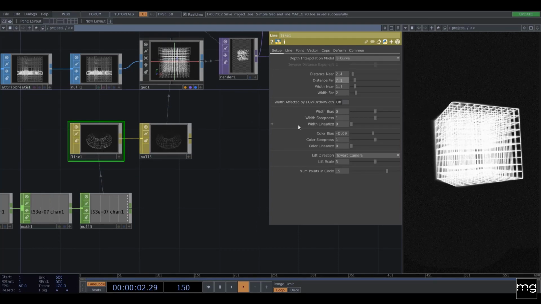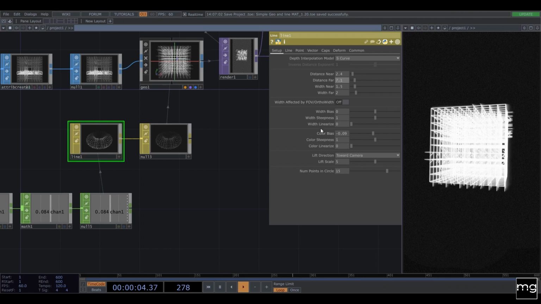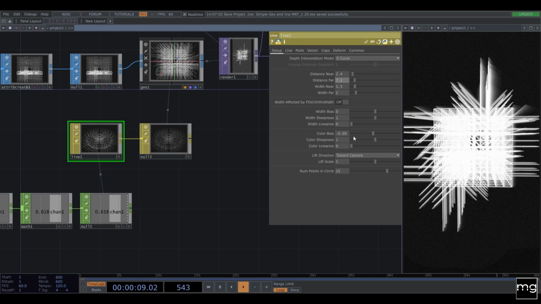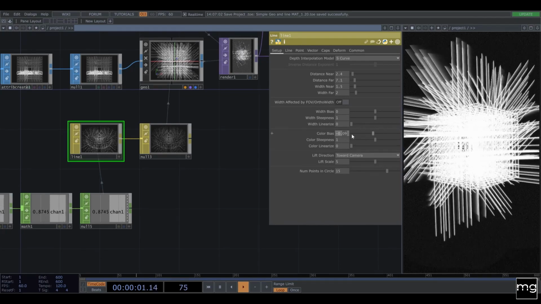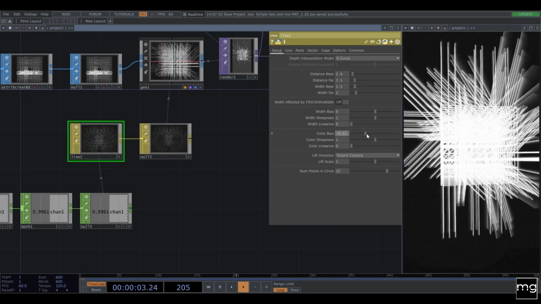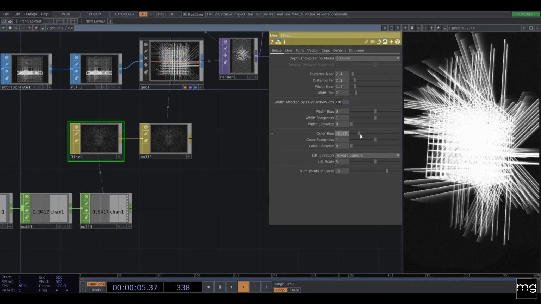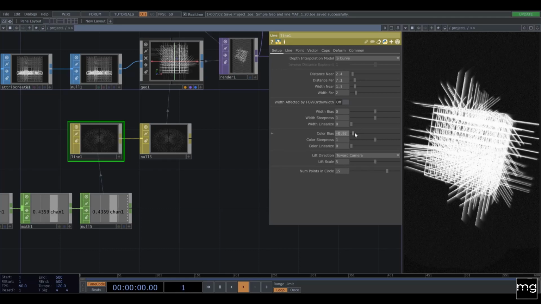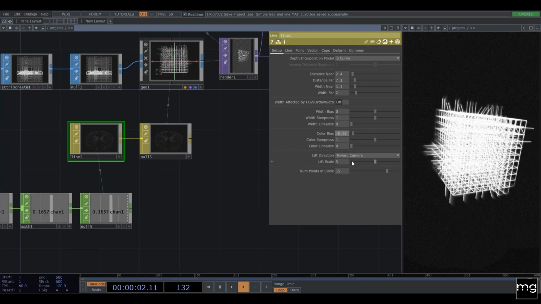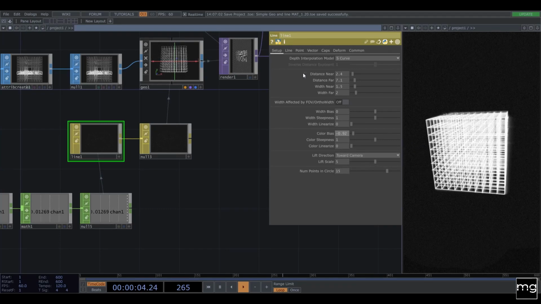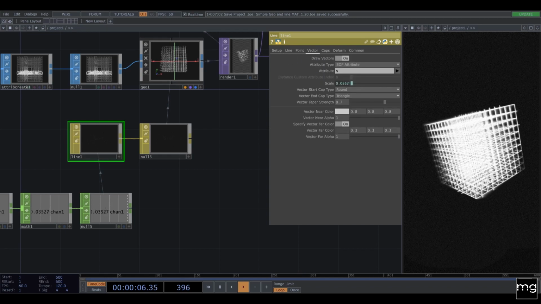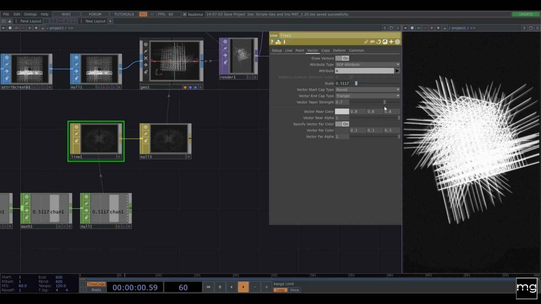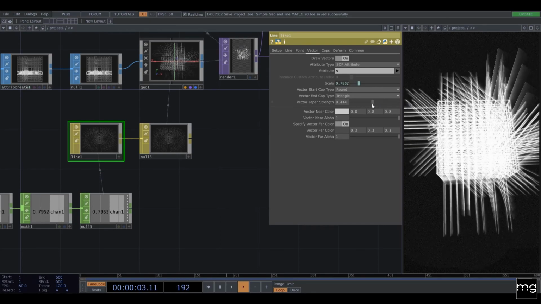Let's set the parameter. So we have that. We are going to maybe add a little bit more of bias. And pretty close. So here on the vectors, we need to play a little bit with the taper strength.